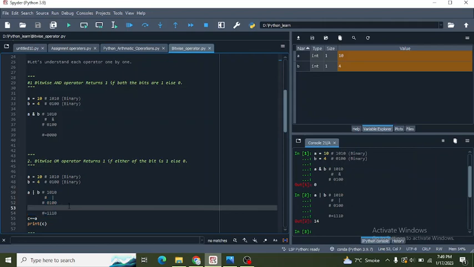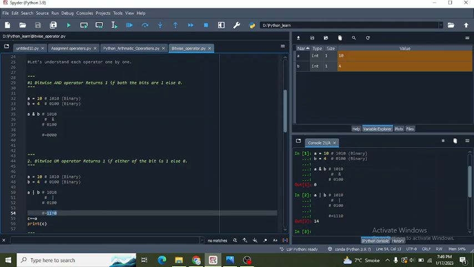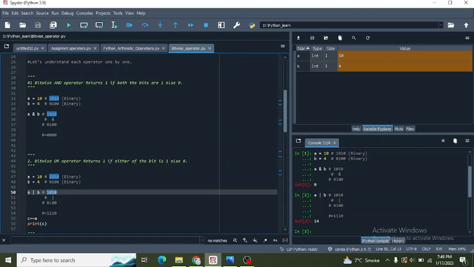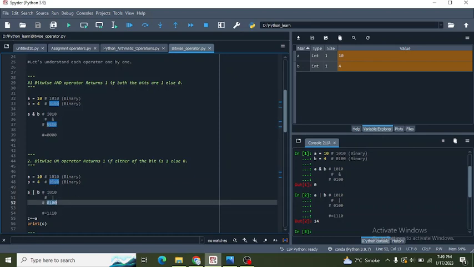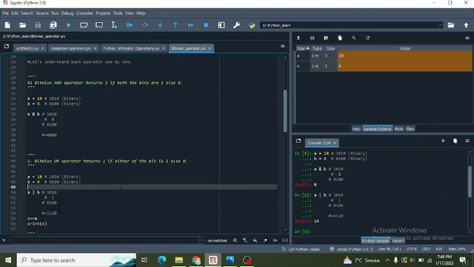Okay, its answer is 14 and this is the binary value of 14. One bit is 1, so it's 1. Here one bit is 1, so it's 1, and 1 again because one bit is 1.